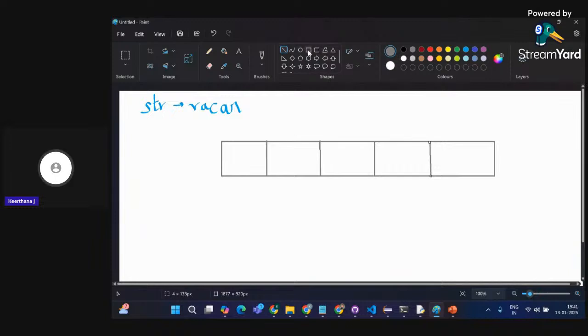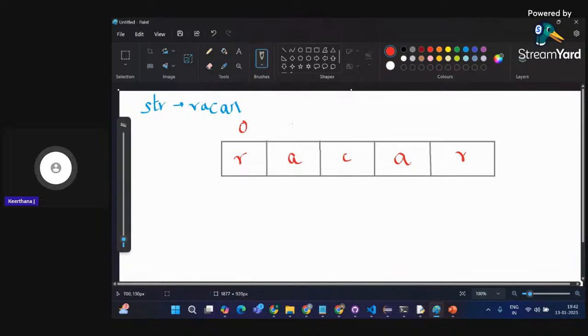String is an object in Java. My string will be like this, where my characters will be RACAR. This is how the string will be represented internally. So indexing will be 0, 1, 2, 3, 4. And this is going to be my str object.